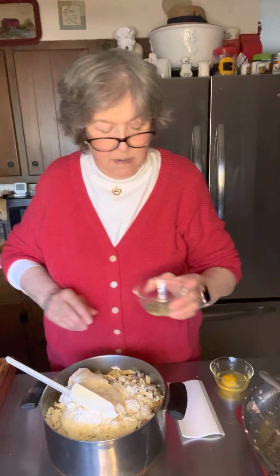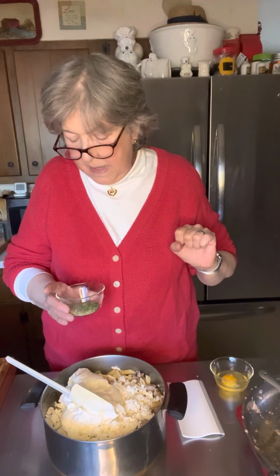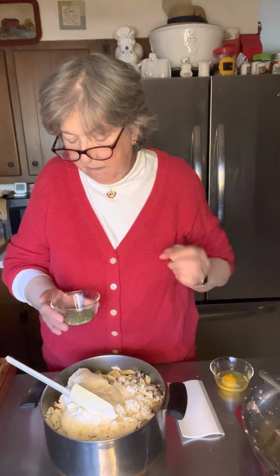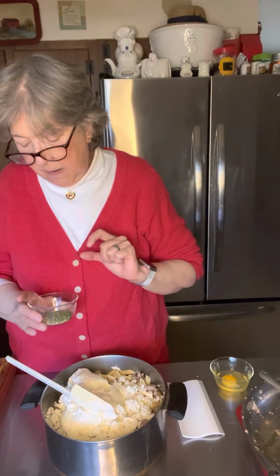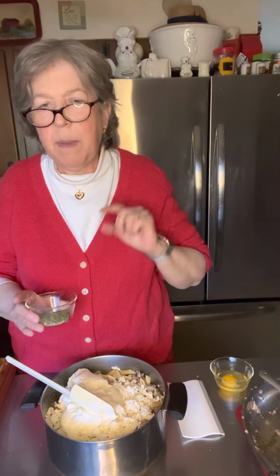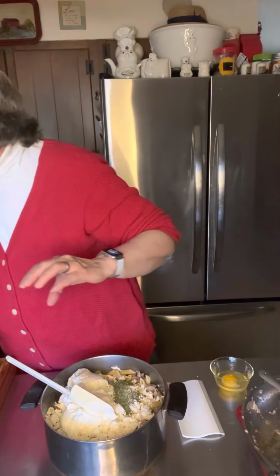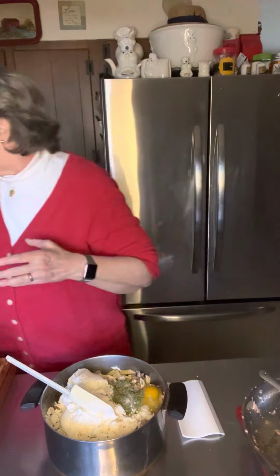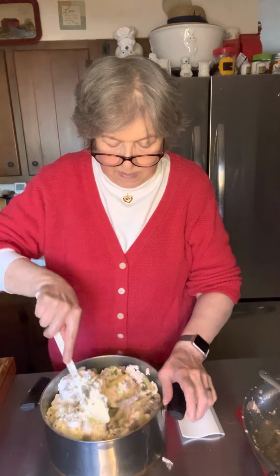We are going to add salt and pepper, and I have like a palm full of dried parsley, a teaspoon of oregano, a half a teaspoon of salt, a half a teaspoon of garlic powder, and a quarter of a teaspoon of pepper. Approximately. I'm not really good about using a measuring spoon. And 1 egg. The egg is kind of what holds it all together. Now we're just going to mix this up. And then we're going to add some